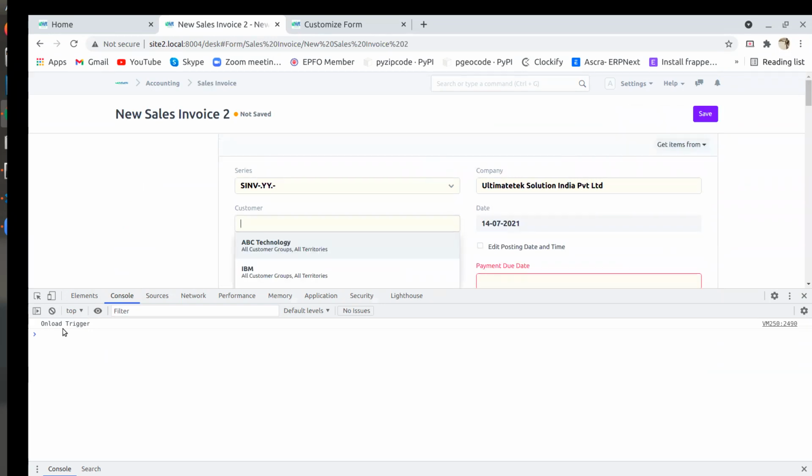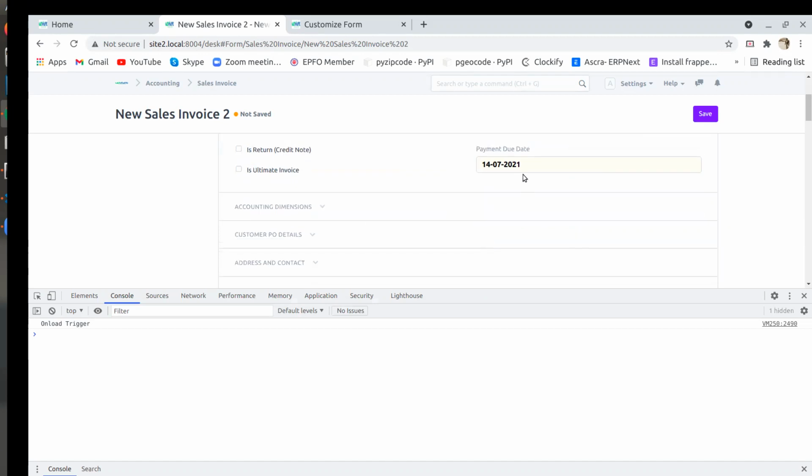When the onload is performed, the message appears. Based on that, when a page is loaded, you can perform whatever action you want, such as hiding some fields or setting some values for a field. Those things you can do in onload.